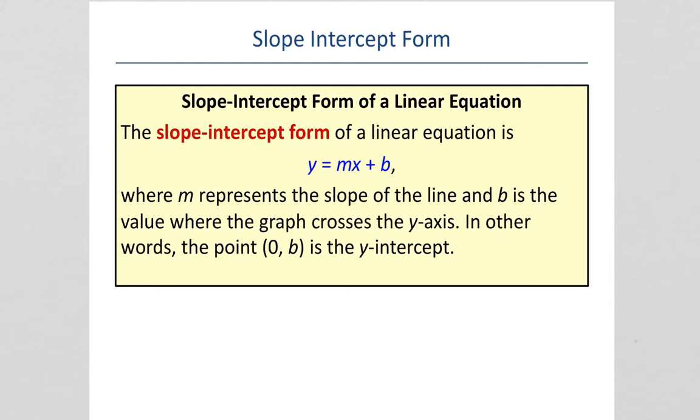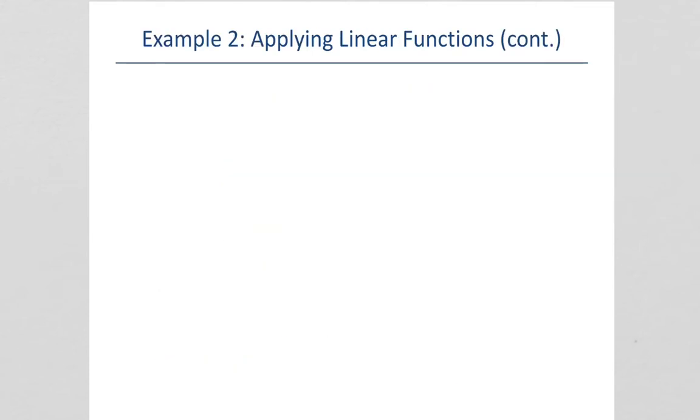Slope-intercept form is what we've been looking at, where we start with a value and then add a value times some number. That's y equals mx plus b. So b is the y-intercept. So if we look back here,